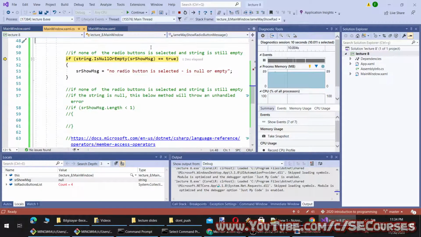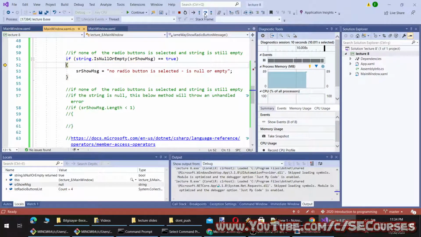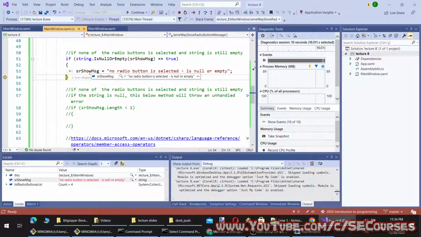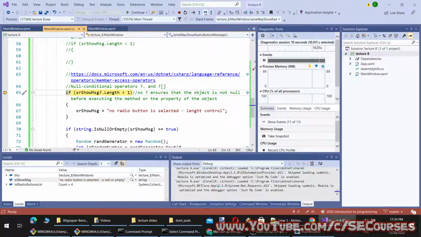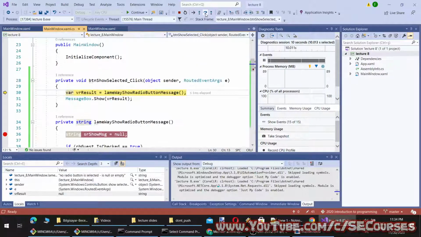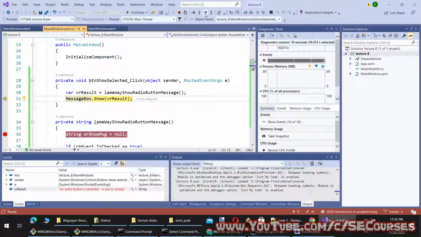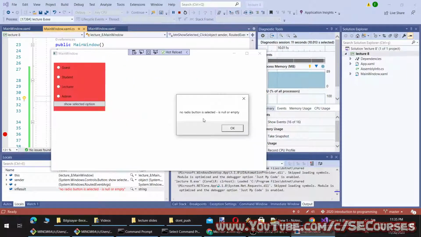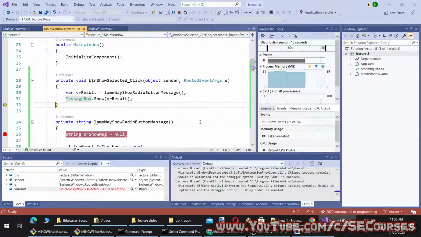Okay. And so if it is null or empty, it is null or empty currently, and it will return the message. So the message box will show me no radio button is selected, is null or empty method.